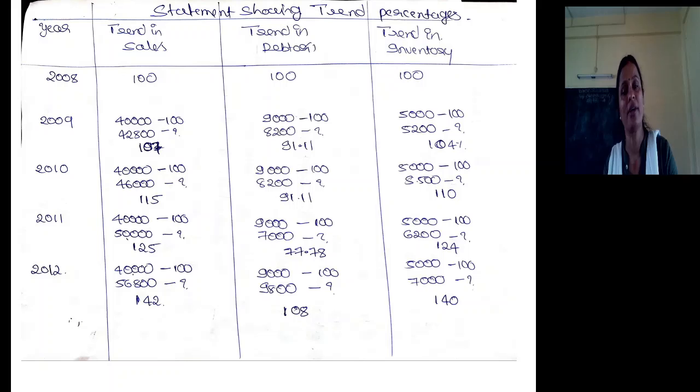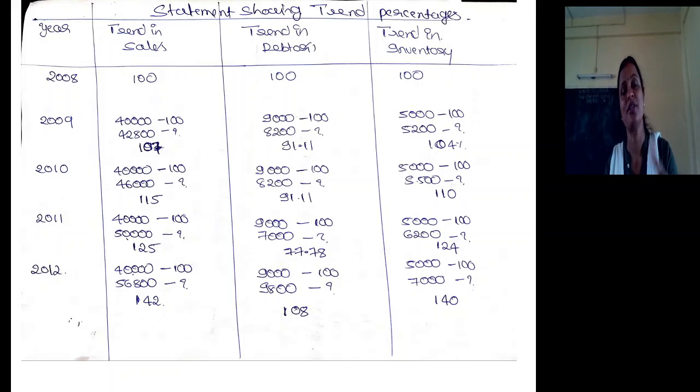When you look at the trend in inventory, 5,000 was the inventory in 2008. If that represents 100, what is 5,200? We came to know that it is 104, then 110, then 124, then 140. So inventory increased, but debtors reduced over a period of 3 years. There is a slight increase in 2012 over the period of 4 years, 2008 to 2011, but it increased in 2012. So this is what the trend percentages